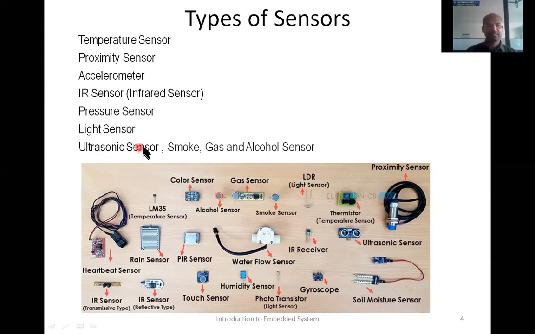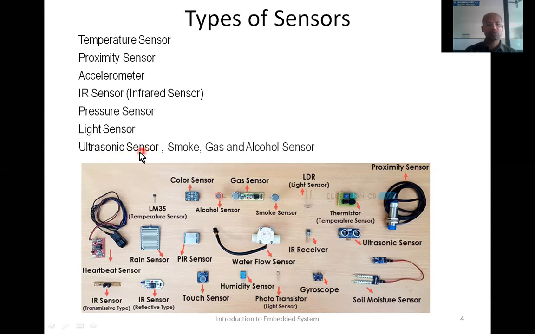So by using this ultrasonic sensor, we can identify the objects and also how far they are from the sensor.